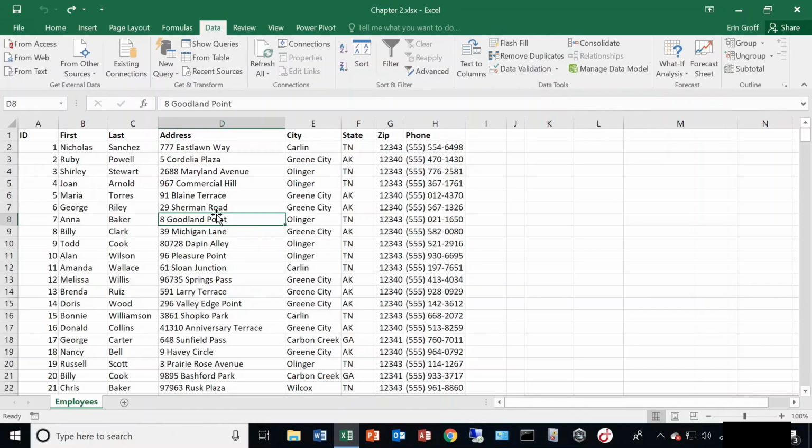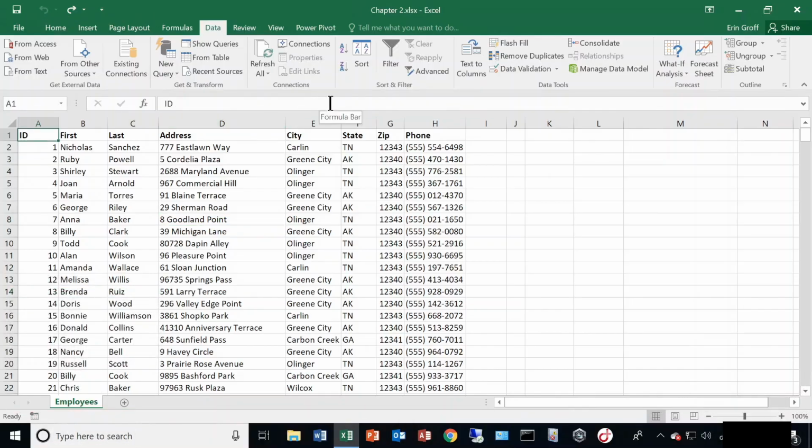Another way to sort is using what we call quick sorts. Quick sorts enable you to easily sort the data in a range according to a set of predefined criteria. By using quick sorts, you can sort data one column at a time in ascending or descending order according to the type of content stored in the column. So that is what we just took a look at, your quick sorts. There is another way to access these,